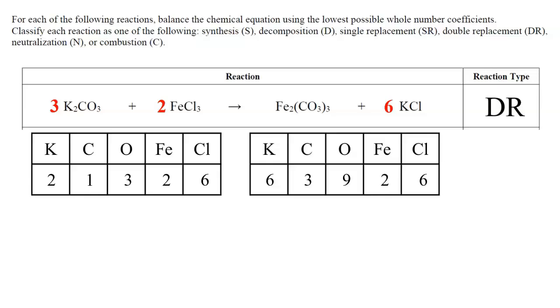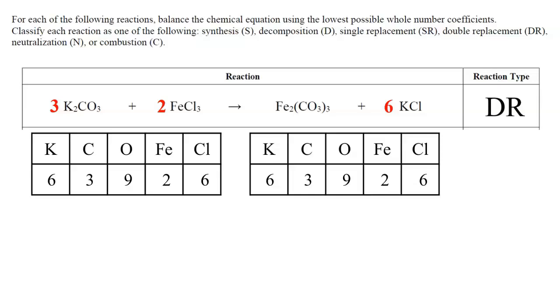So each of the elements in the formula K₂CO₃ has now been multiplied by 3. So with that coefficient of 3 in front of the K₂CO₃, this gives me 6 potassiums, because 3 times 2 is 6. I have 3 carbons, and then 3 times 3, that gives me 9 oxygens on the left side of the equation. I have 2 irons